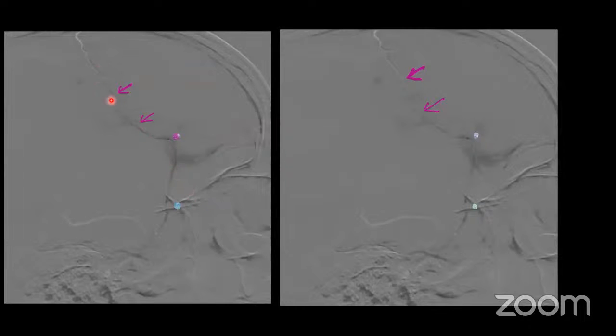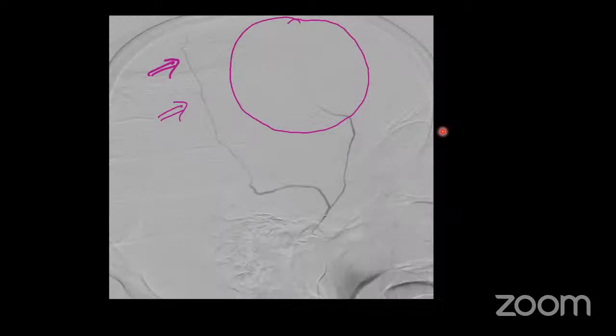And we inject in a pulsatile manner, so that we can see the forward movement of the particle. Here we can see the particle mixed with the contrast reach here, and then it will go distally, so that we can see the forward movement and also the reflux, and we will know when the distal movement stops. So when the distal movement stops, we will stop injecting the particles. It is at that point the vessel is getting occluded, and then we will